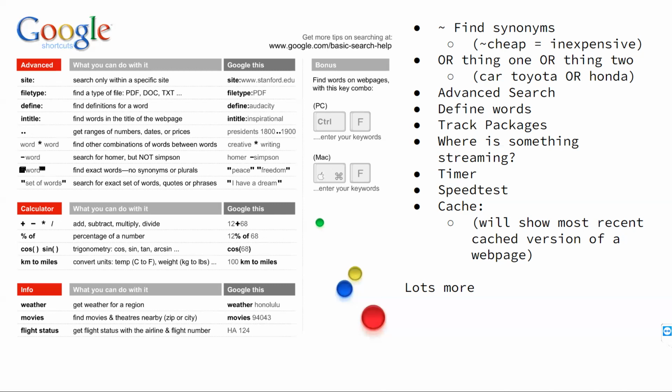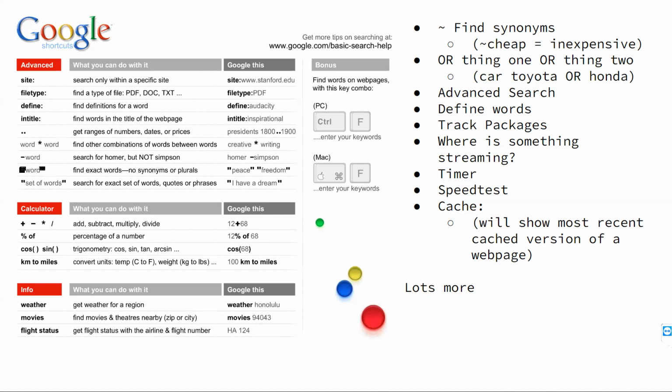The reason why I don't find this incredibly useful for me personally is I find that if I just add CNN.com to the search without the site parameter, I get very similar results. And it means I don't need to think and I don't need to remember the site command, if that makes sense. It's just easier for me to just type out the website and not think about it.